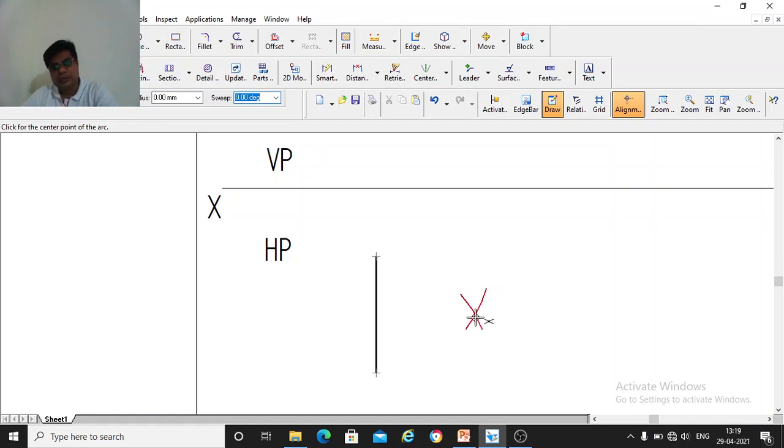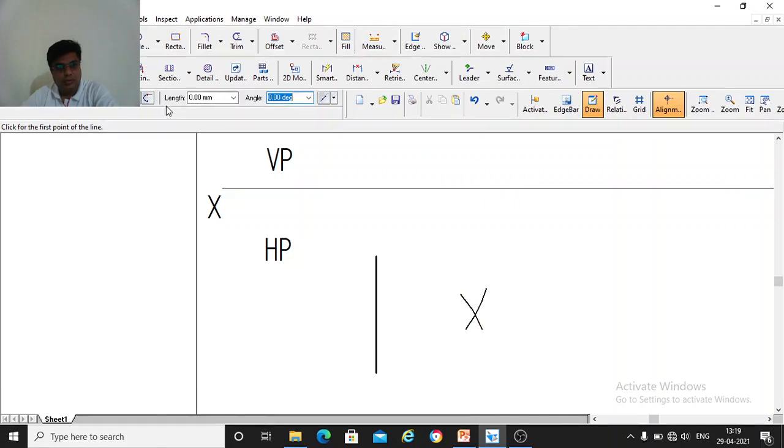So this is the intersection of these two arcs. Now you take your 2B pencil and draw a thick and dark line, connecting this end to the intersection of these two curves, and continue the line to the other end. This is how you will be drawing the equilateral triangle.